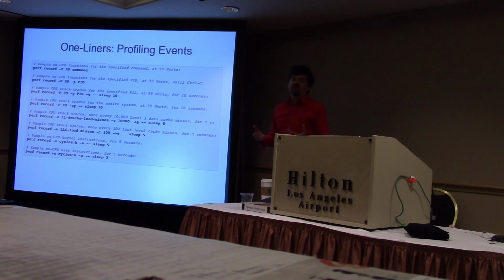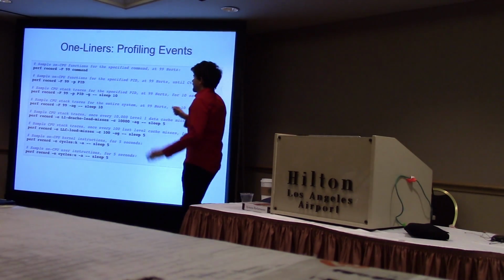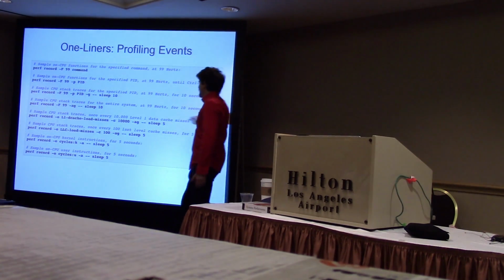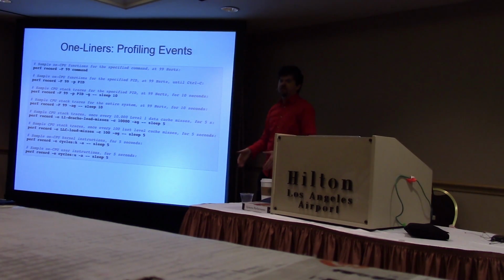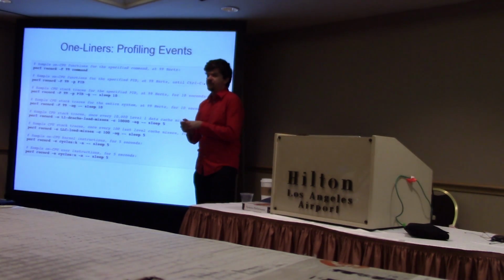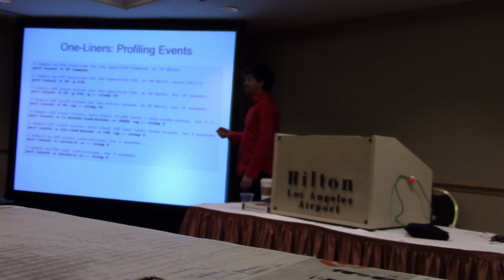I can also do profiling based on other events. Instead of profiling based on CPU samples, I might say profile based on every 10,000 level 1 data cache misses, and give me a stack trace. That way I can understand in my code who's causing memory I/O. It gives me different information, which gives me different actionable items if I'm a developer. I know that I'm hot on CPU, not because I'm retiring instructions, but because I'm stalled on memory I/O. So how can I reduce that or improve memory locality?